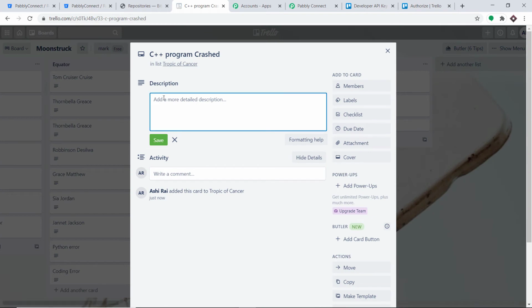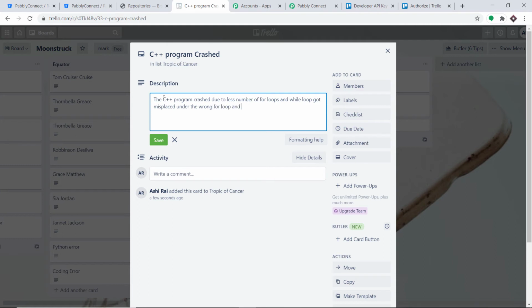The description is: the C++ program crashed due to less number of for loops, and the while loop got misplaced under the wrong for loop.